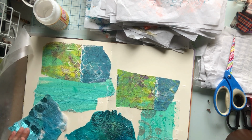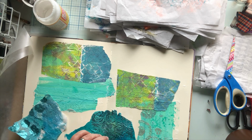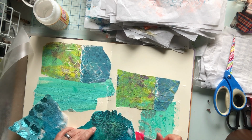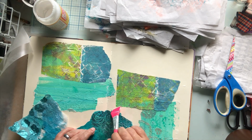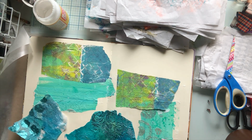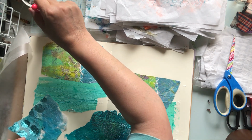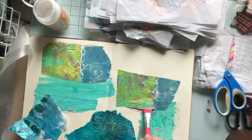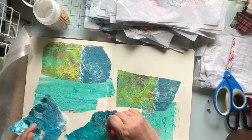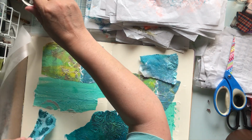This is tissue paper with Seth Apter texture paste on it, which is shiny. I think it's called Pearly. This is deli paper, which is sort of a wax paper, but less waxed than wax paper. So the concept is that you make an interesting piece by having all different kinds of media together,